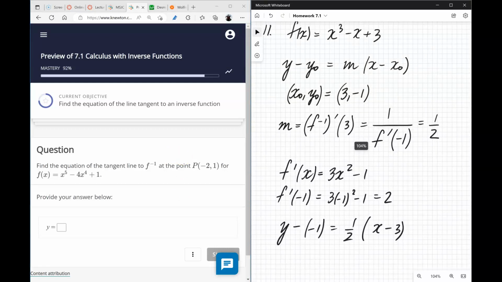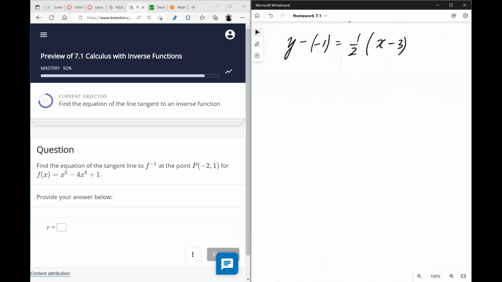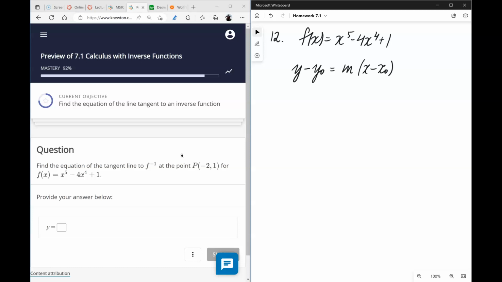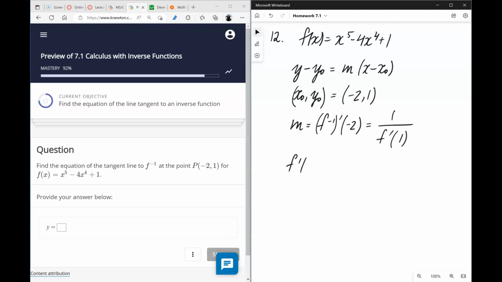And we have another similar problem, meaning we will do it in a similar way. The function is given. The point is given, so we're looking for the equation. This time we're looking for the equation, so we'll find it using the point slope formula. The point is given to us, and to find the slope we find the derivative of the inverse function evaluated at -2, which is the reciprocal of the derivative of the original function evaluated at 1. So we find the derivative of the original function,